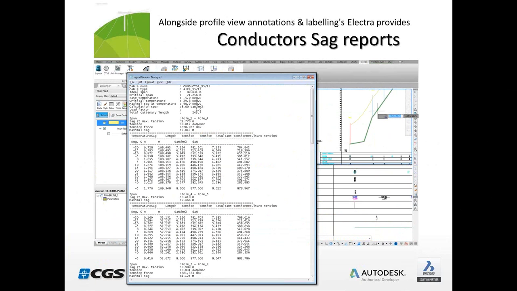needed. Okay, and the last and, let's say, the most important thing is the production of conductor SAG reports, where basically all the conductor parameters are listed. So which cable was used, what's the span for that conductor, what's the base temperature used, critical temperature, minimal SAG,